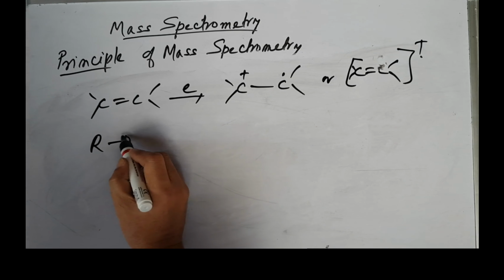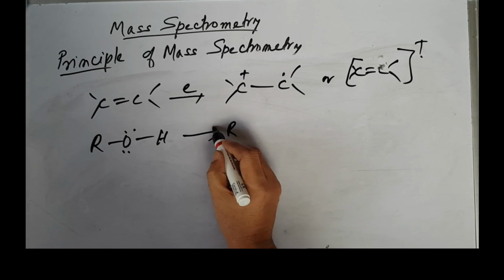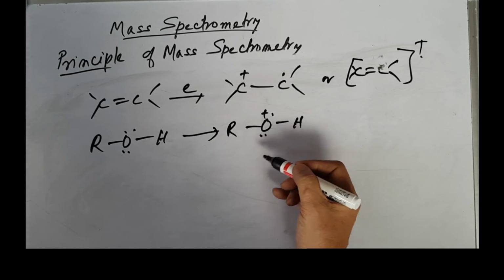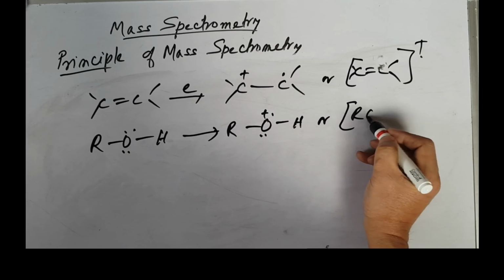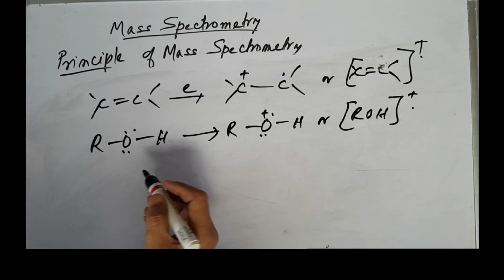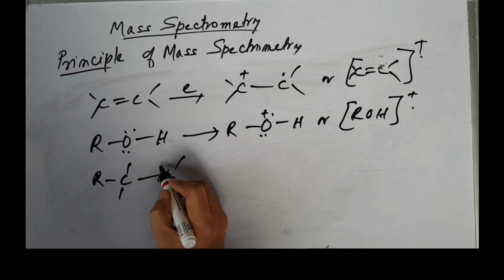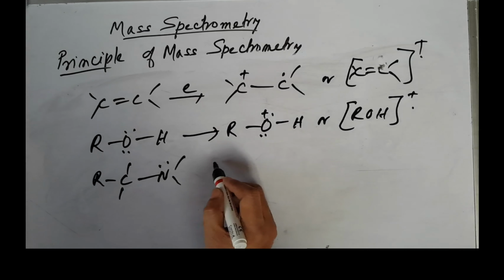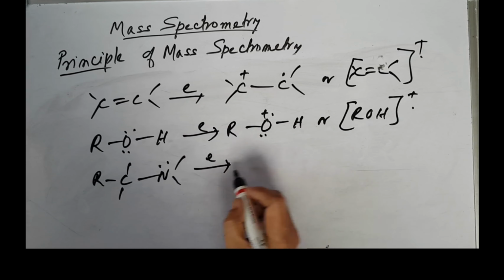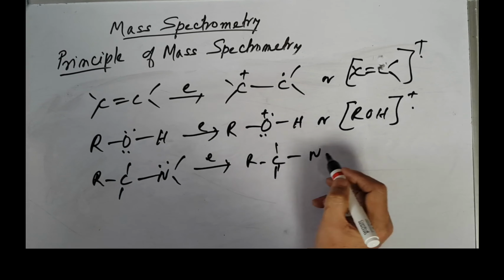Sorry, alcohol also you can have. Here, whatever one electron is knocked out, you can have a positive charge, and O is like this. So these are molecular ions. You can simply write ROH plus. So this is the molecular ion or parent ion. Similarly, amines also you can have. Let's say this hydrogen or N. Amines are like this, so you can knock out an electron. Bombarded with high energy electrons, you can have this parent ion or molecular ion.